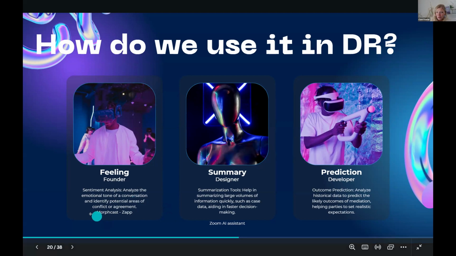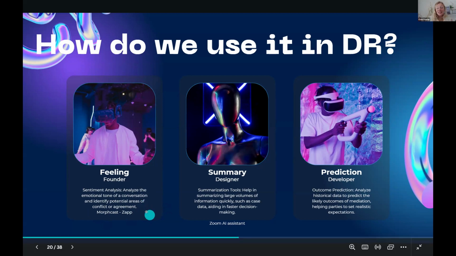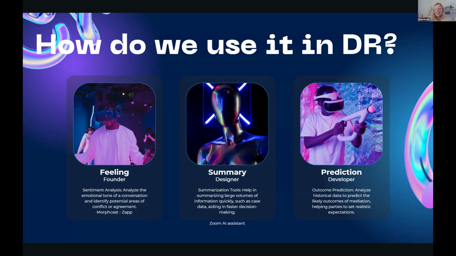I've just tried this out. It's a really cool tool. Feels a little intrusive. I'll probably get used to it and be comfortable within the next few months. So MorphCast is an AI tool that will analyze how my clients are feeling during the mediation, and it will give me real-time updates. It's crazy. Summary Designer is a summarization tool, and it will help to analyze large volumes of information quickly,